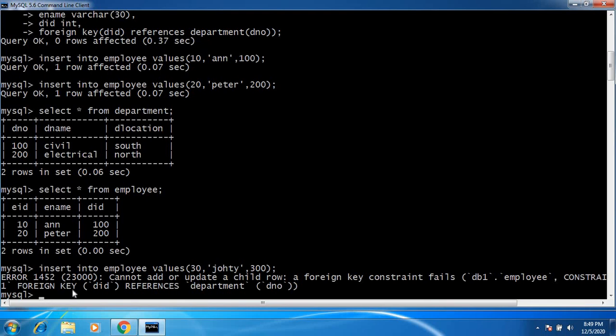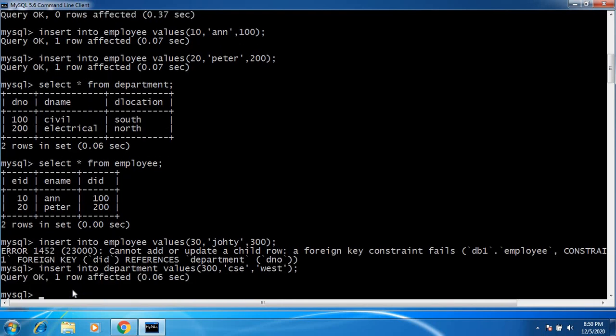Now if I want to insert the 300, what should I do? I should first insert into department values 300, CSC West. One more row is inserted now.